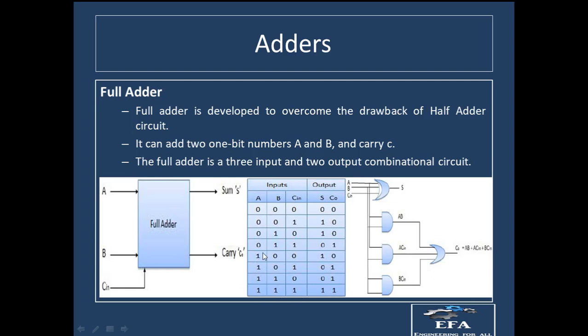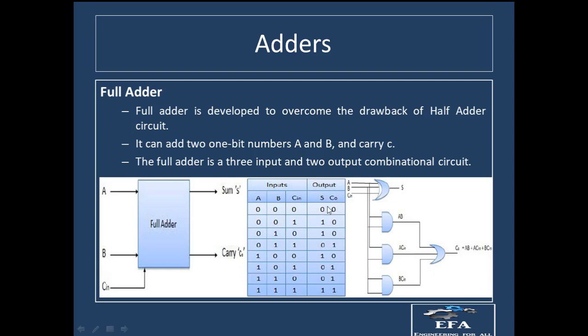These are taken in the hierarchical order of the decimal numbers. That is, if we take 0 0 0, its decimal value will be equal to 0. 0 0 1 is having decimal value equal to 1, and so on up to 7. After arranging these ones and zeros for A, B and the carry part, we'll be having the output. The output can be of two types: one can be the sum and the second will be carry. When we are having two outputs, this carry is actually the output carry. This is the input carry. This carry is inside the addition part. So this is the final carry which we receive at the output.